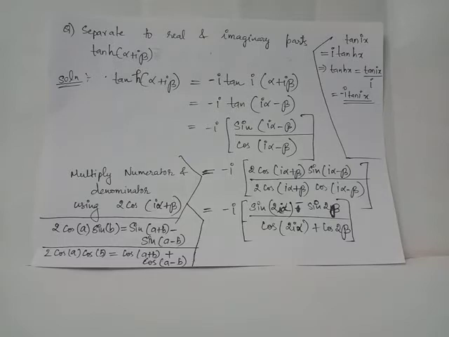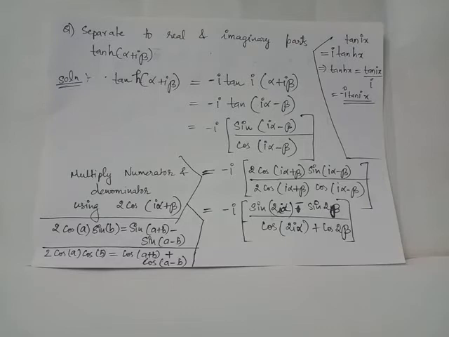When this identity is now used in the given hyperbolic tangent function, we may rewrite tan h alpha plus I beta as minus I times tan I alpha plus I beta, using the relation tan hx equals minus I times tan ix. Now we multiply I inside the parenthesis and we obtain tan I alpha plus I square beta. I square is replaced by minus 1 and we have tan h alpha plus I beta equals minus I times tan I alpha minus beta.